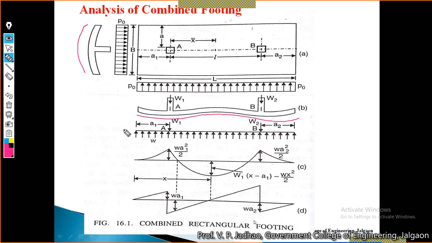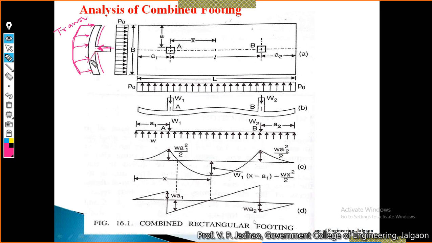Okay, if we see here, the bending in this direction is hogging bending. Okay, this can be considered as hogging, and this will be your transverse direction. So in the transverse direction, we will be considering that this portion is a cantilever portion. This particular cantilever portion is resting on some column, and it is subjected to some uniform pressure distribution.